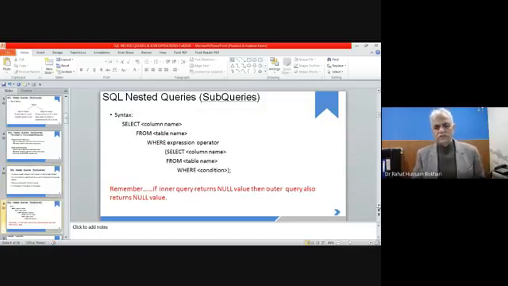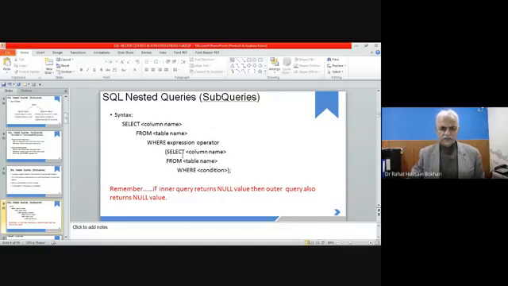This is the syntax of the nested subquery. You have to see that this is the outer query, select column name from table name. We many times use this one. We also use this in a simple query with the where condition. Now with the where operator, we have given some condition. Then with the where clause, we can use another select statement.